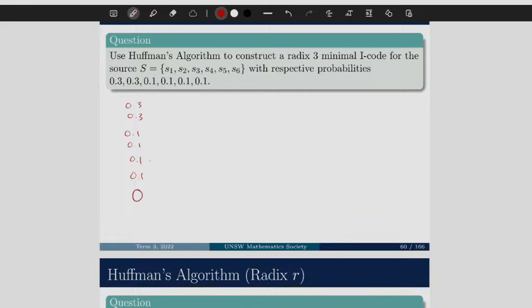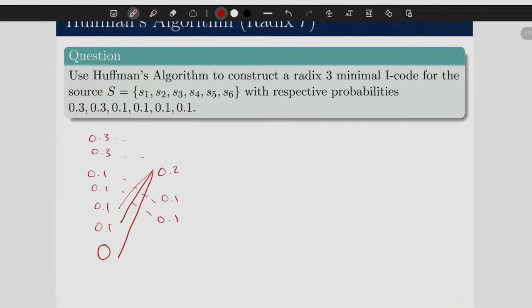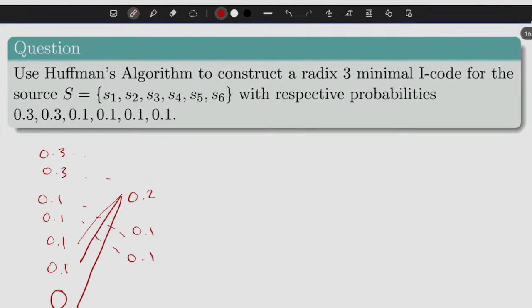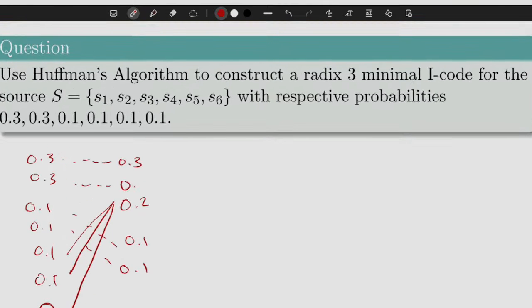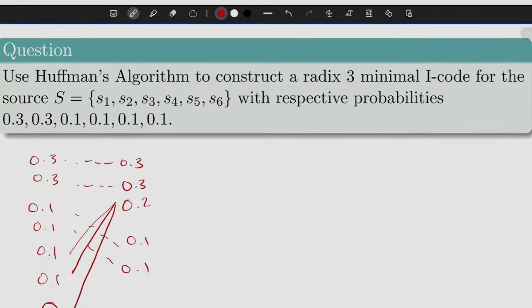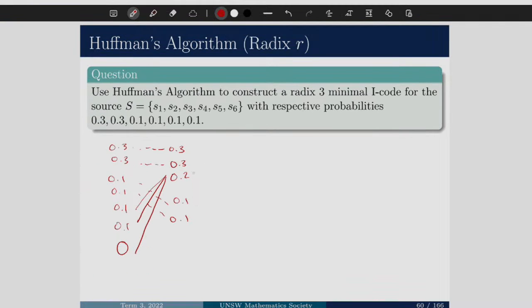And placing it high, it's going to be up here, 0.2. Everything else I'm just going to write down here, just so I can keep track. Ooh, why are you not loading? Stop, do this properly, please. Thank you. Okay, great. That's the first addition. Same here, and when I add the last 3, they're going to leave me with 0.4, 0.3, 0.3, and then finally I can add these to be 1, where these are my child nodes.